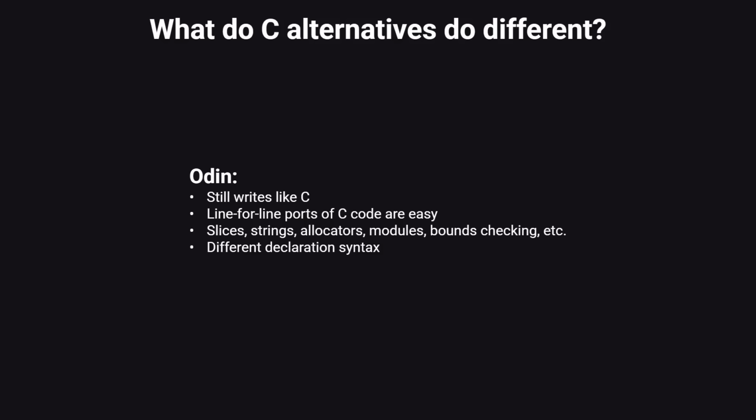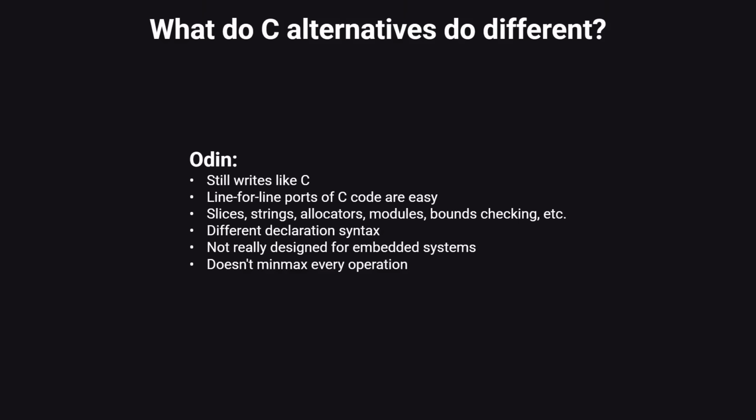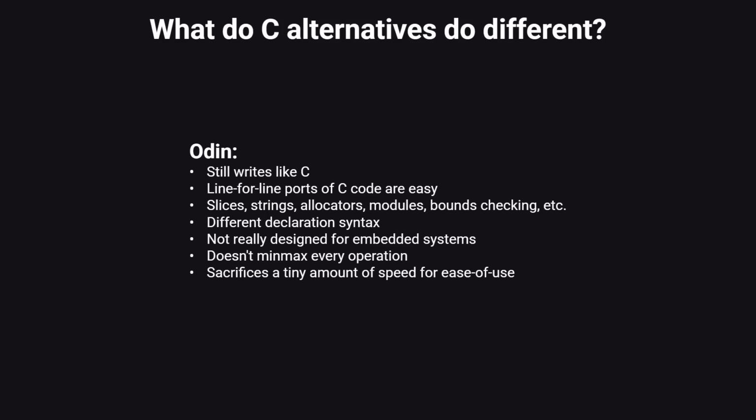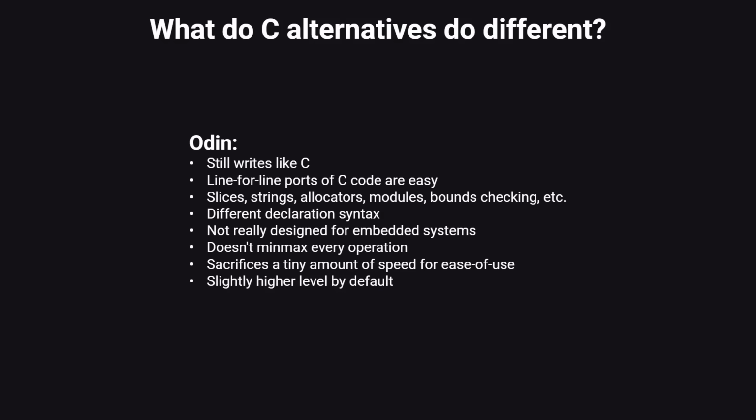It's not really a language designed for embedded systems or cases where every last CPU cycle matters. It's a language that's comfortable with paying a minor performance penalty for the convenience of certain features, and for most projects, that's totally fine. Odin isn't necessarily trying to be as low level as C, since that's not the use case it's aiming for. You can definitely get down to C's level if you need to, but average Odin code will be higher level